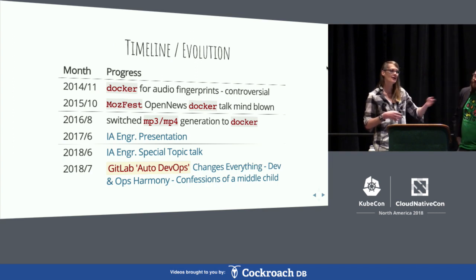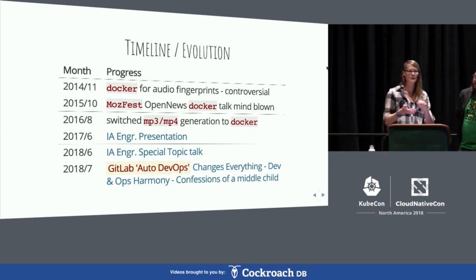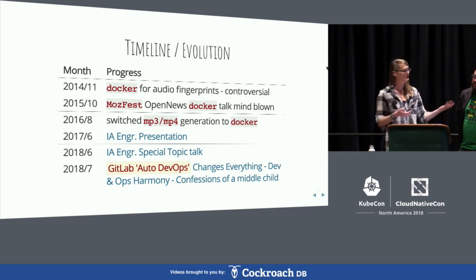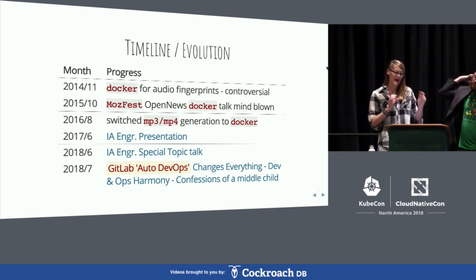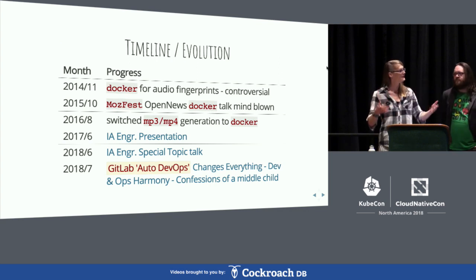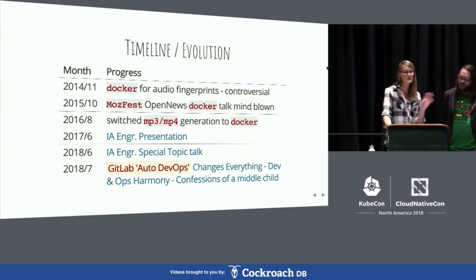When we talked about the audio and video and the diversity of stuff, you can give us more or less any audio video file or book format, and we'll make a PDF or an MP3 or an MP4. So that took us about a year to switch the processing backend to just use Docker for that processing, and that gave us a lot of safety and fewer root exploits. And then, if something goes wrong, it just goes away and off it goes. So that was a huge win for us.